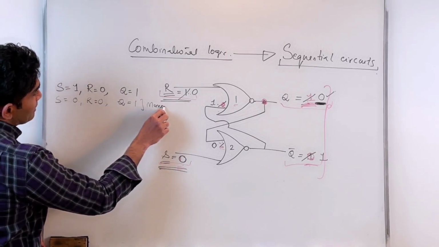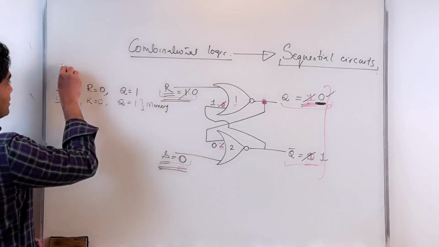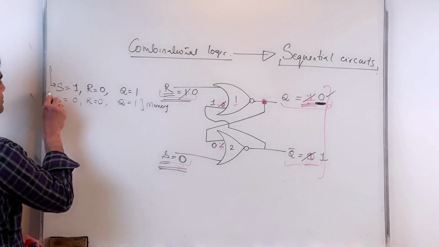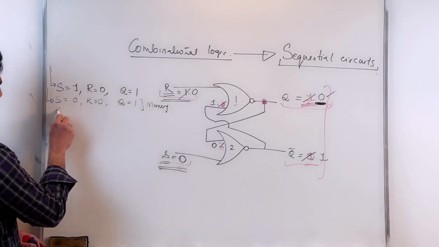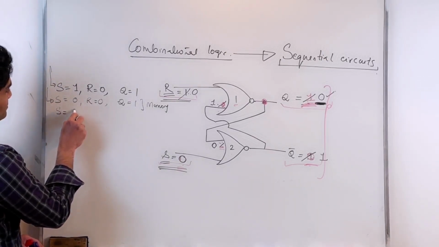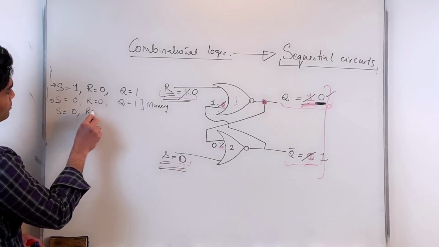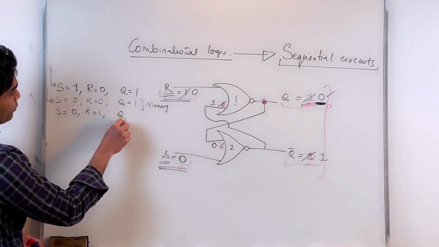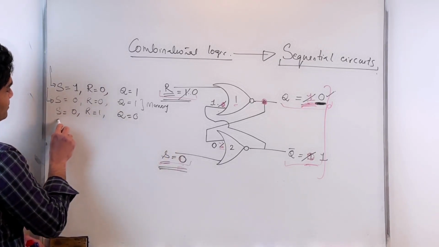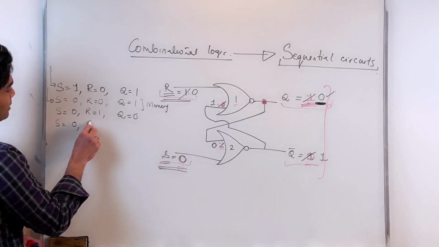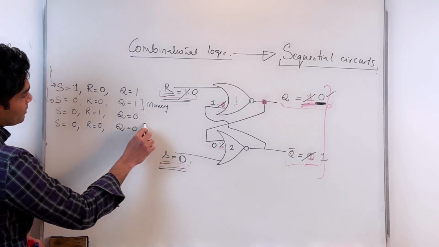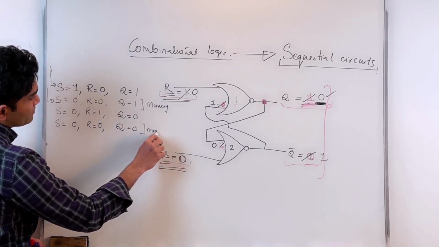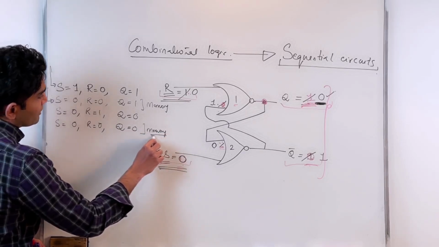Again, remember that I'm following this sequence here. That was the first input combination, that was the second input combination. S equals 0, R equals 1 changes my Q to be a 0. Again, S equals 0, R equals 0 maintained my Q to be a 0. Again, that's my memory state. So as you can see here,